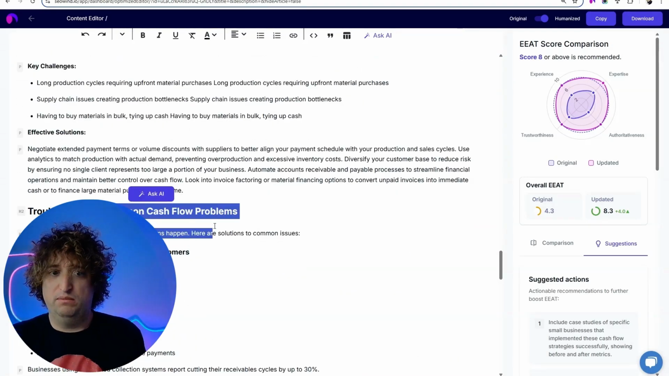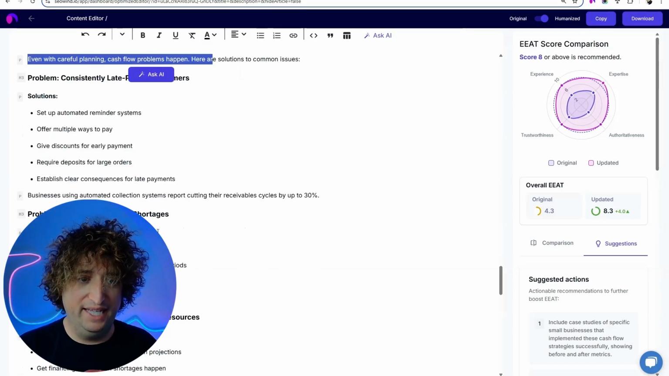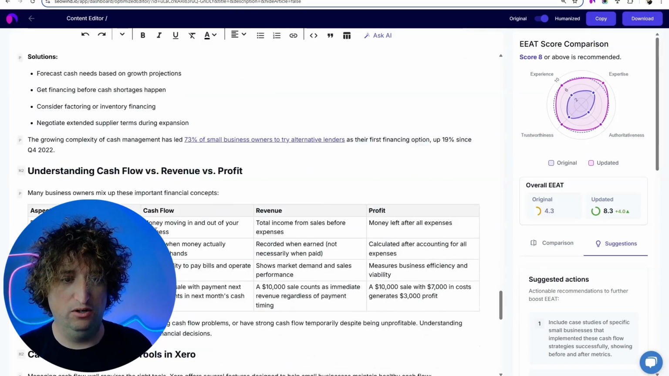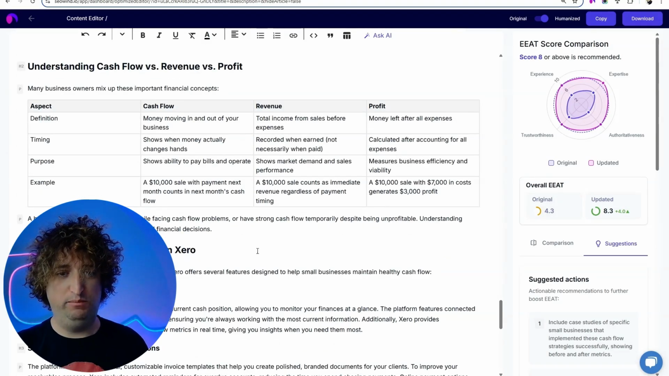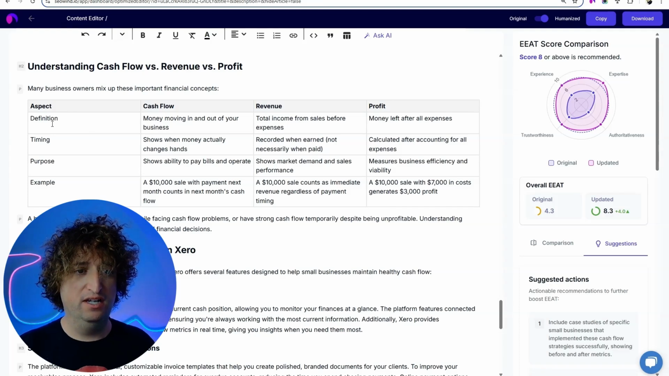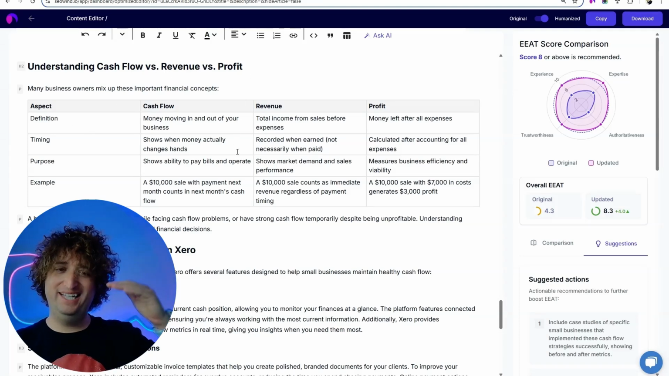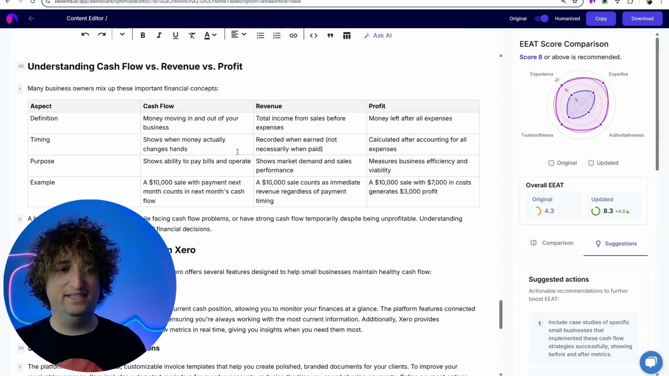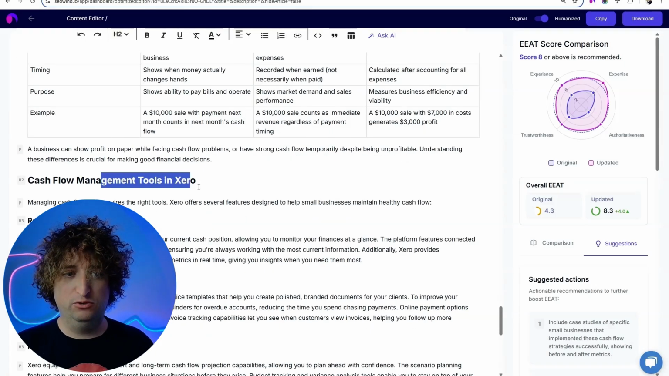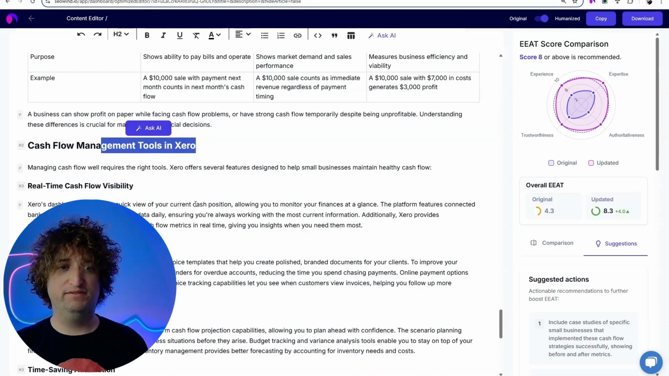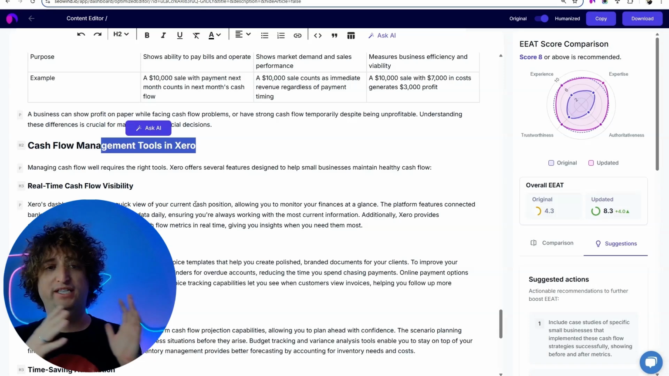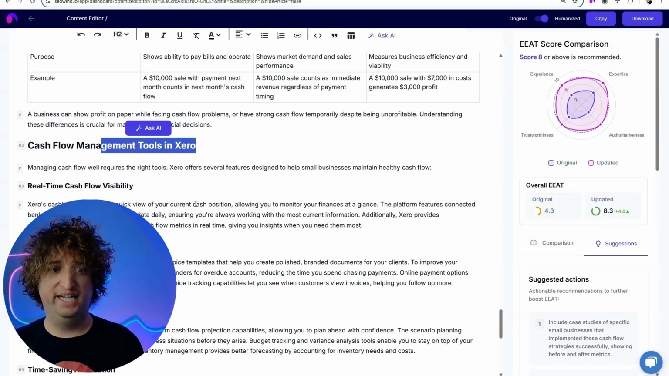Troubleshooting, so common problems and how to avoid them. And that also makes a lot of sense. Then we have a table which compares the definition of cash flow versus revenue versus profit. That's a nice topper, which makes sense. And cash flow management tools in Xero, that's even better because what our system did, it went to the Xero.com website and it took